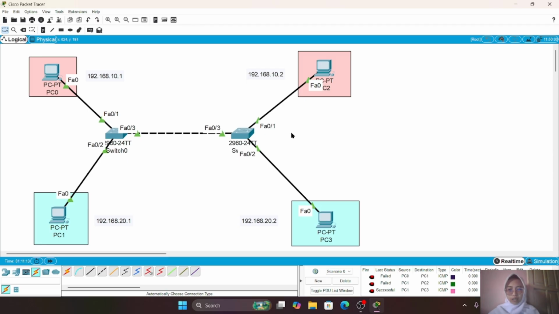At the same time, communication between different VLANs remains restricted because inter-VLAN routing has not been configured. This demonstrates how VLAN trunking improves network efficiency while maintaining proper traffic separation.